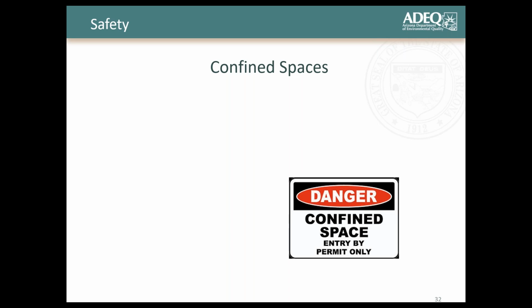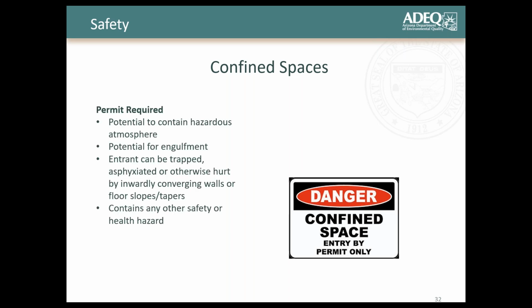Now, typically, you're going to define spaces in two different ways. You're going to define them as a permit-required confined space, which has the potential to contain a hazardous atmosphere, the potential for engulfment, where an entrant can be trapped, asphyxiated, or otherwise hurt by inwardly converging walls or a floor that slopes or tapers. And anything that has any other safety or health hazard is considered a permit-required confined